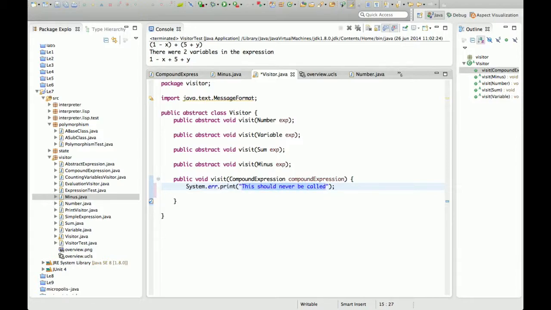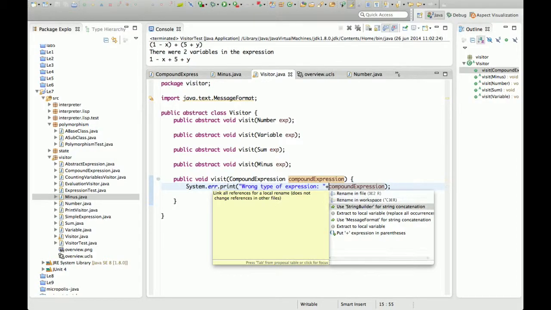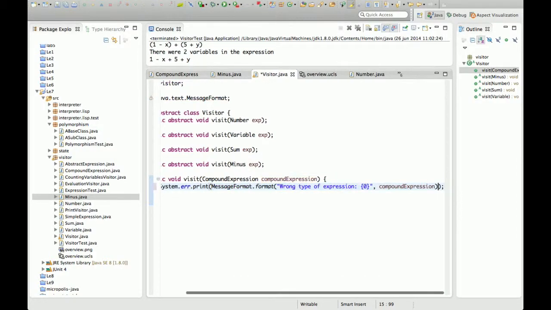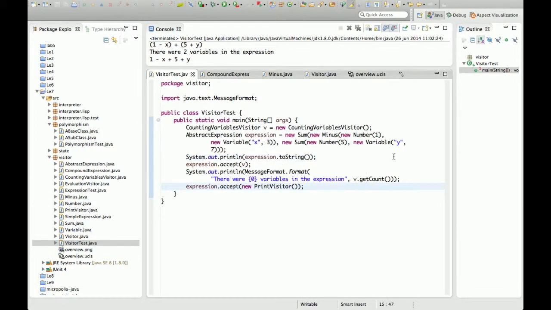Or maybe like so. Let's see what the result will be. Apart from counting variables,